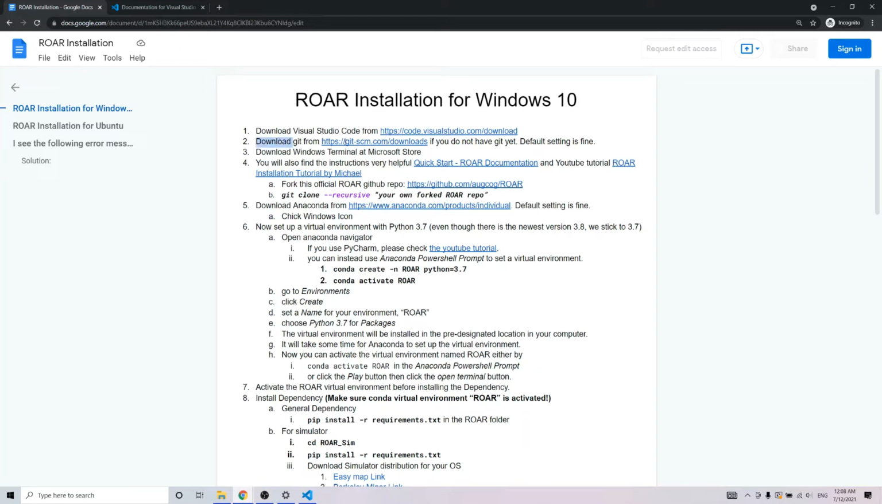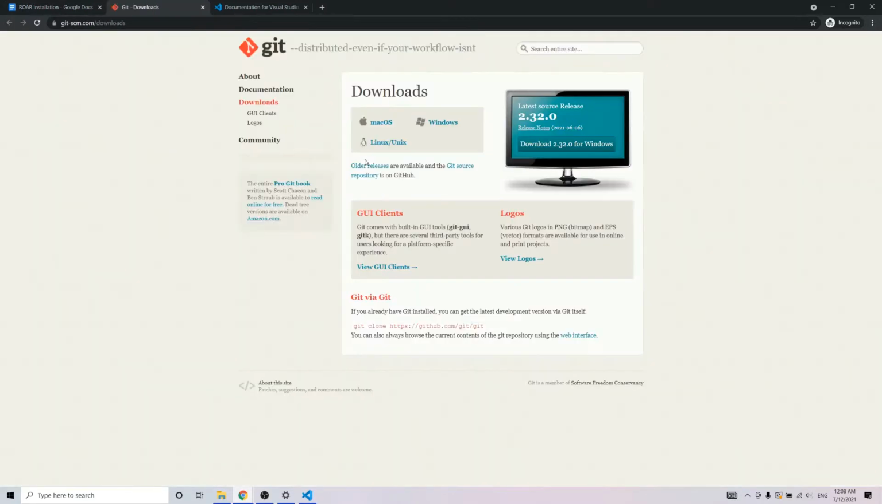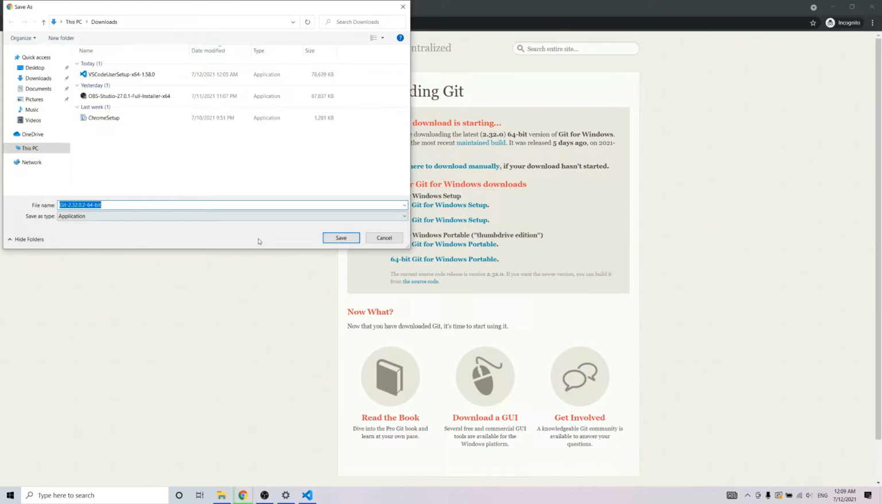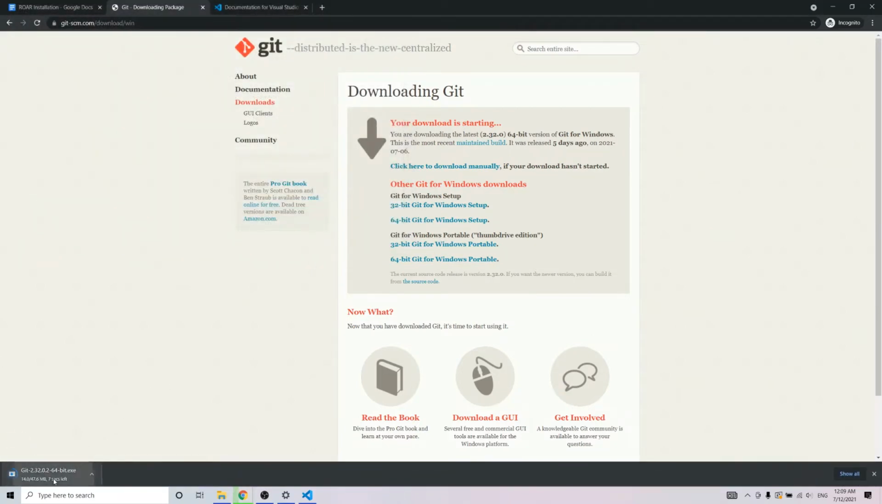Now we're going to download Git. Click this link. So this monitor will recommend you the right version of Git that you need to download. It says download 2.32 for Windows, so it automatically recognizes which operating system I'm on. So download it, save it, click it,